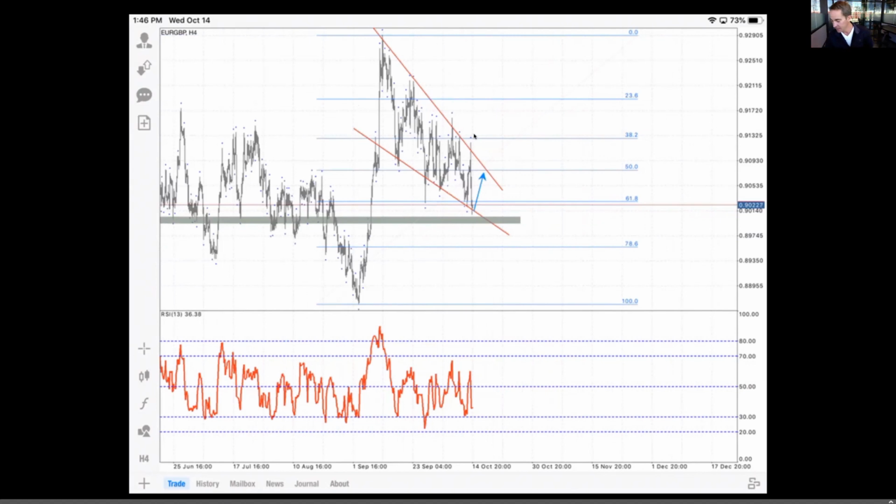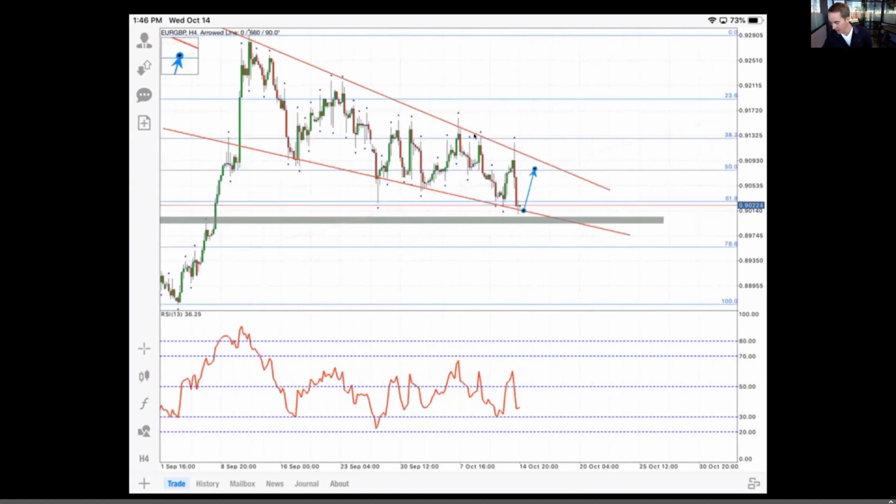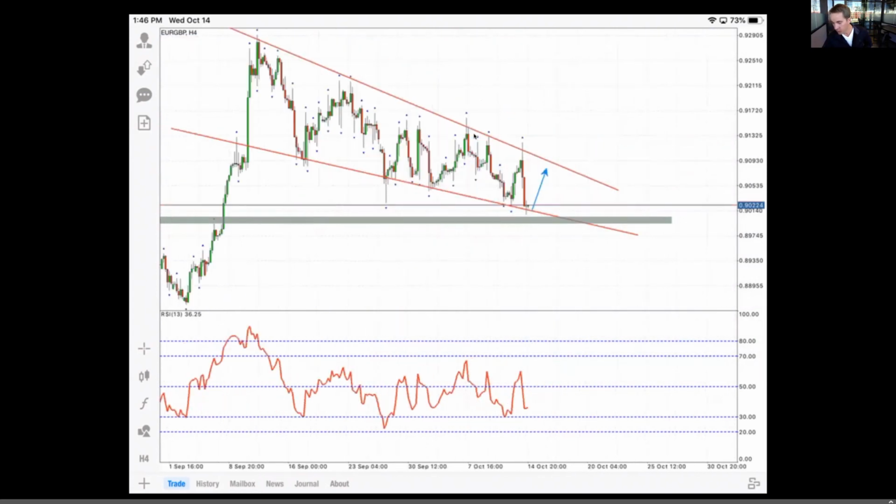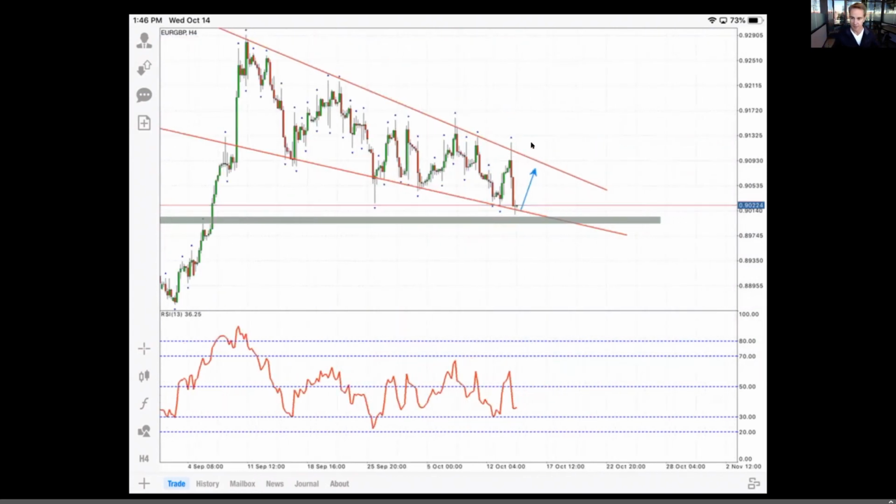So this is a great example of one. These have been happening a lot in the market, and this is one of my favorite types of setups. This is Euro Pound. When I see this setup, I actually got short here and made a decent trade. It actually got stopped out because a lot